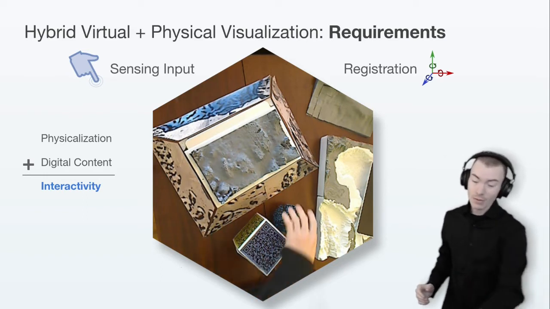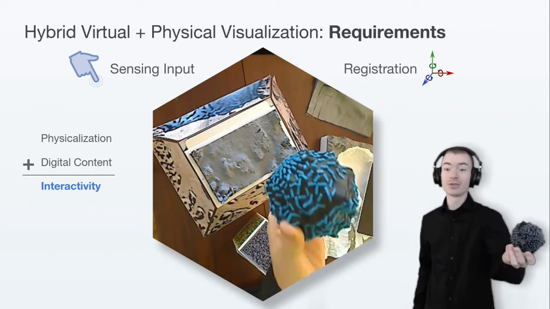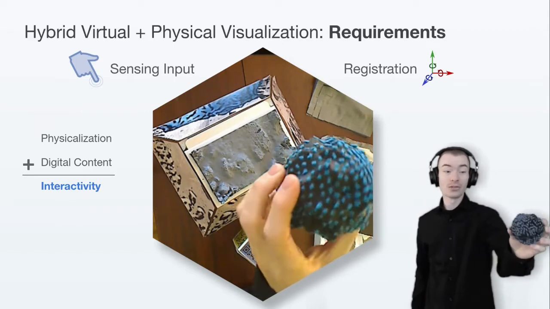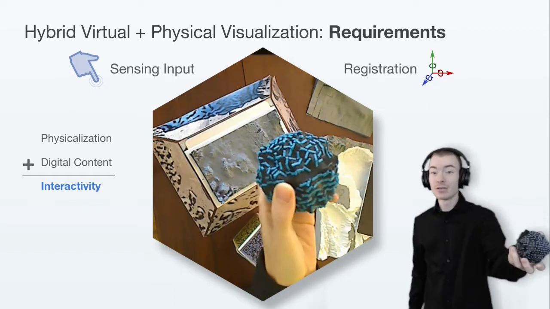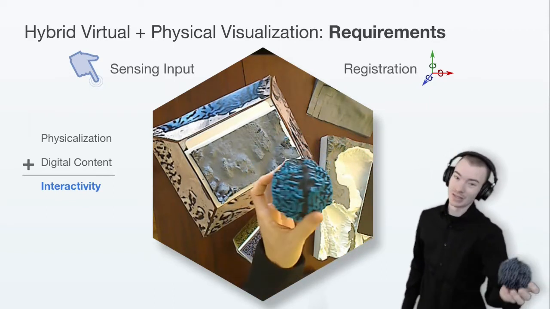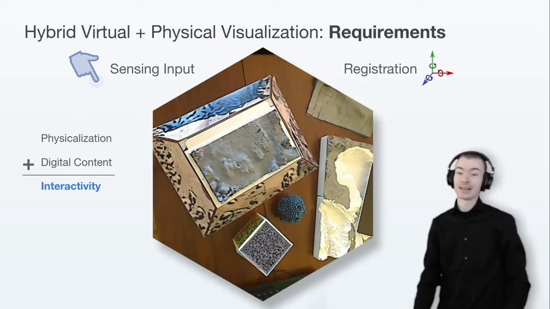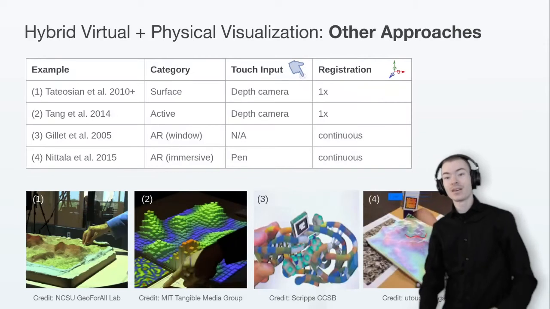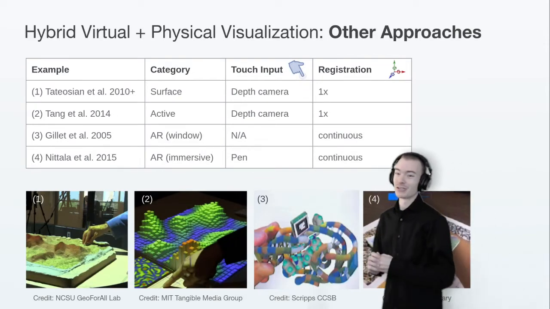Also, when we move a physical object, we should be able to have the related virtual object follow directly with any translation and rotation. For this alignment and registration of virtual and physical spaces, we need to have a high accuracy and low latency pipeline for tracking. So we're not the first ones to encounter these particular challenges.